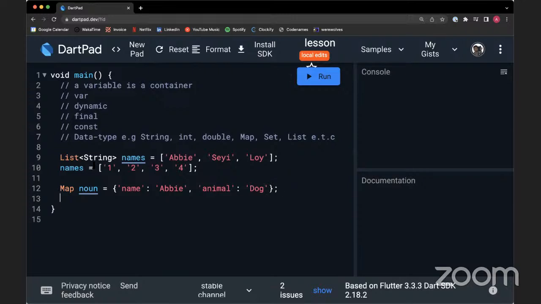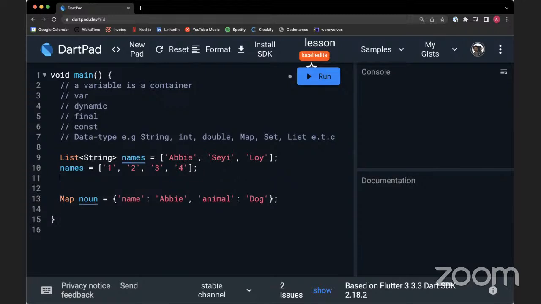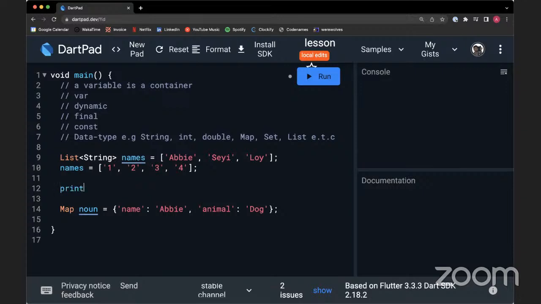And we already covered how to access items in a list, but let's just do it one more time. So lists, values in a